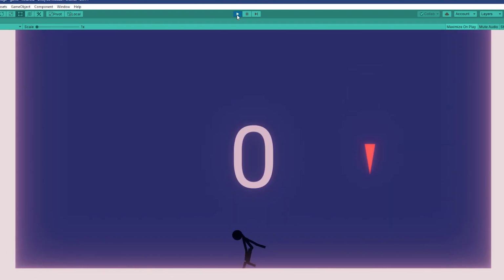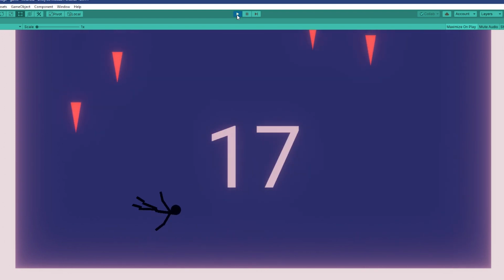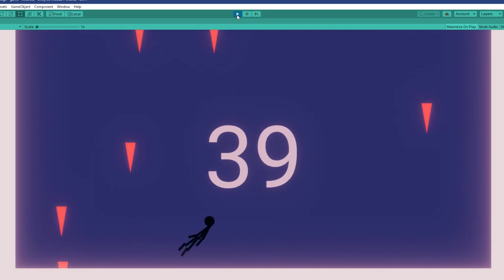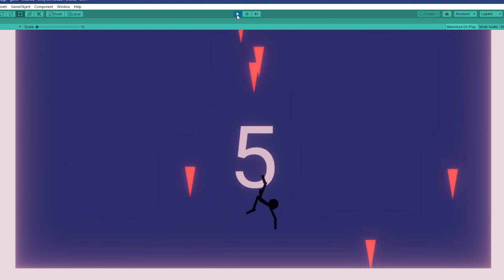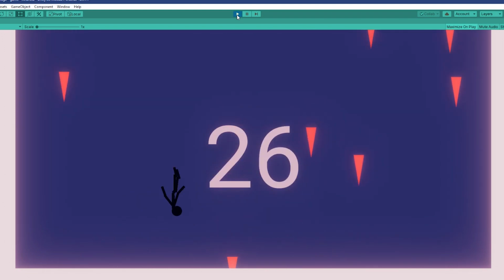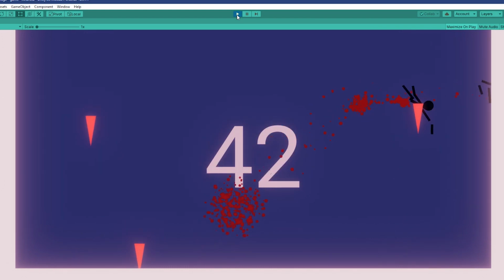After messing around with the post-processing stack, I started working on gameplay again. I added a score counter in the background that basically just counts how many spikes you have dodged. I also started working on the mobile controls. The first approach I had was just to make the player's head follow your finger, and that didn't work too well. The player just kept spinning and eventually glitching out, so I scrapped that idea and ended up using a